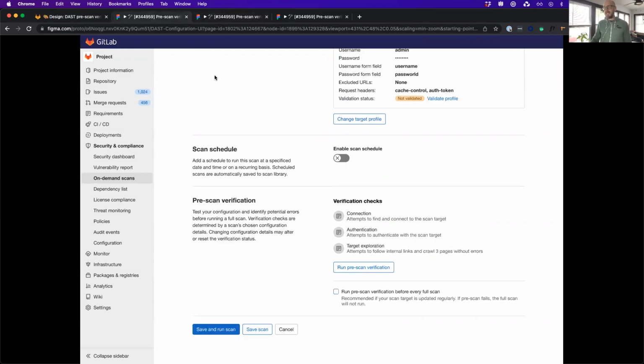So as it stands today, we're already presenting users with three primary actions at the bottom of an on-demand configuration form. They can save and run a scan. This is typically the main primary action that they would use, but they also have the option to just save the scan and exit out of this configuration process, or just exit out of the configuration process without